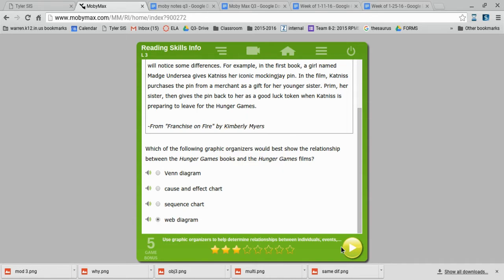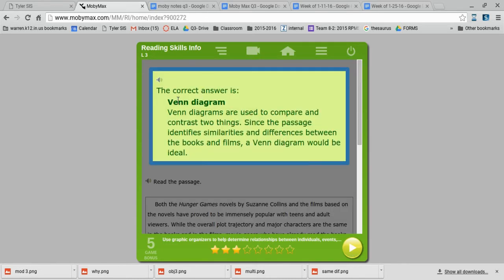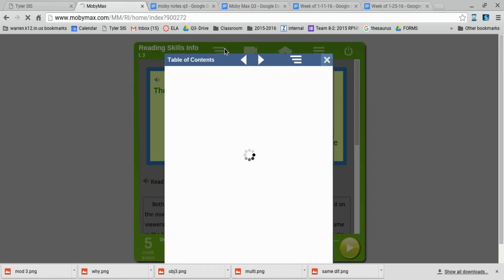If they still get it wrong, it explains why. So it's important they listen to this part. Venn diagrams are used to compare and contrast two things. Since the passage identifies similarities and differences between the books and films, a Venn diagram would be ideal. Let's see, since we have done that in the table of contents,